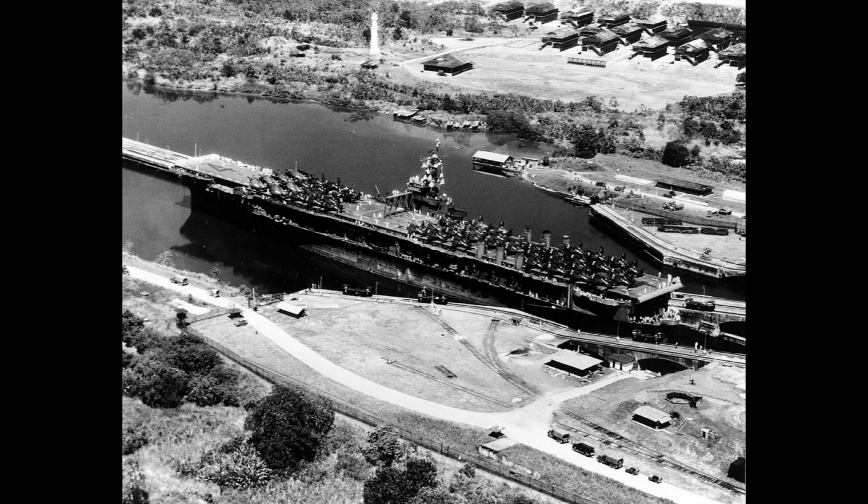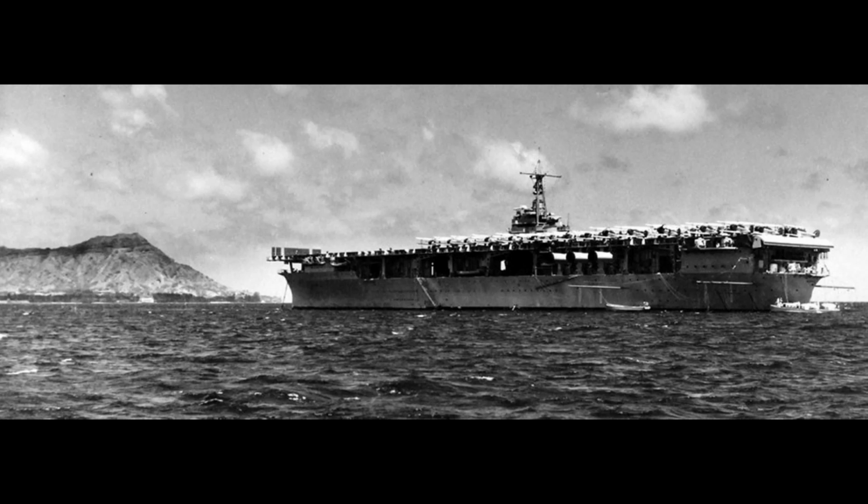After the war, Ranger was relieved from training career by the USS Saipan. She was decommissioned in October 1946 and was sold for scrap in the end of January 1947. She was awarded 2 service stars and some ribbons,